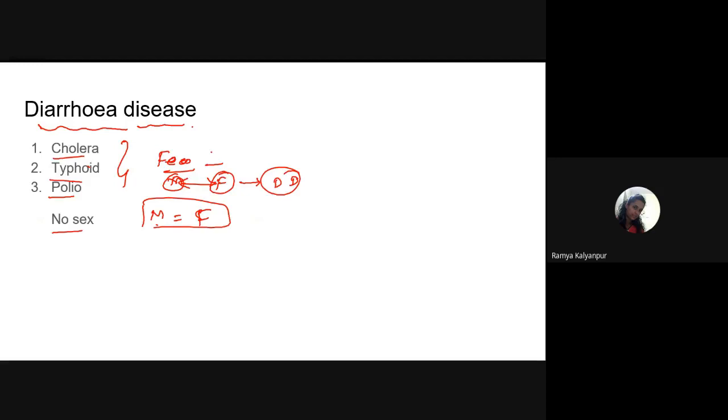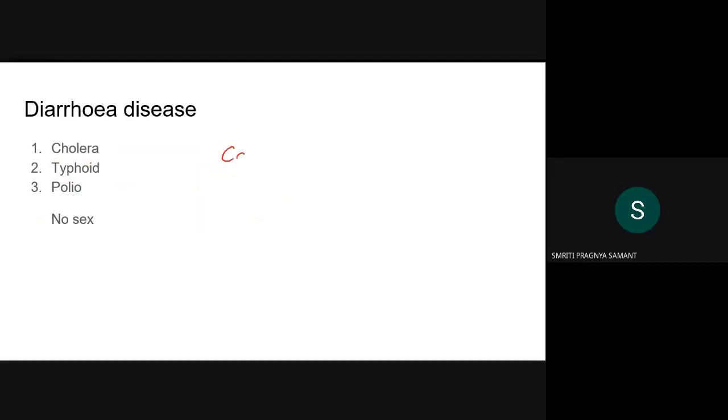Now, there are some questions which I want to ask you. Cataract, is it commonly seen in males or females? Can anybody tell me? Does cataract have a sex distribution or not? Because it is a geriatric problem, or old age related problem, which is seen in individuals who are more than 55 years old. Does it have a sex distribution? Yes, it has actually, because it is more in females.